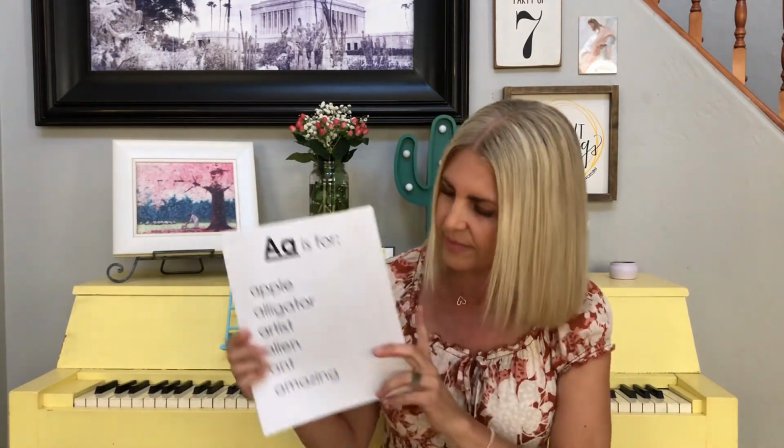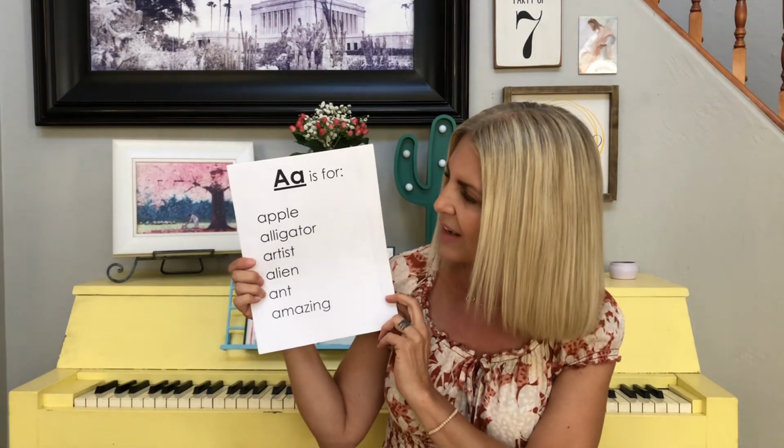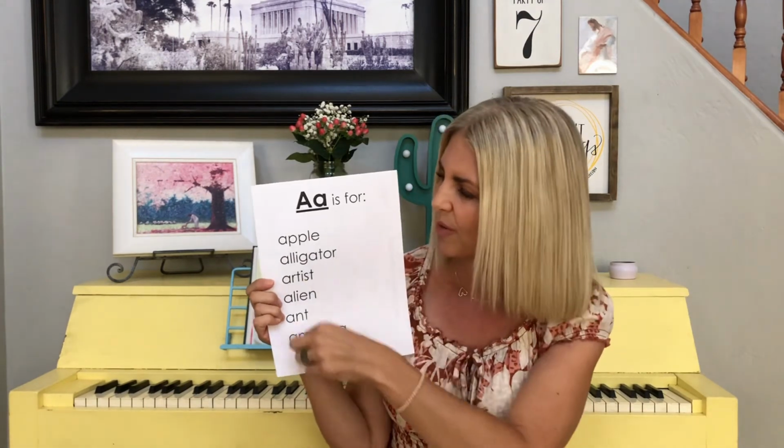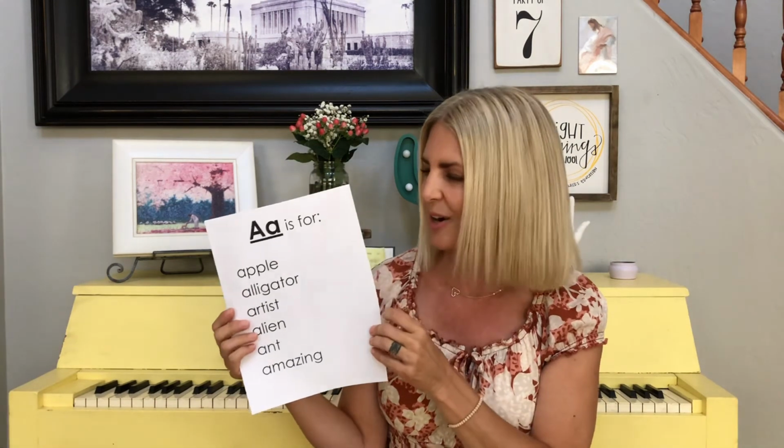And then also on Wednesday, what comes home is this paper that has just a list of different words that start with the letter of the week. I have this hanging up in the preschool room, and we go over this every day in preschool at the beginning of our center time, or our circle time. So that's Wednesday, and then on Thursday,